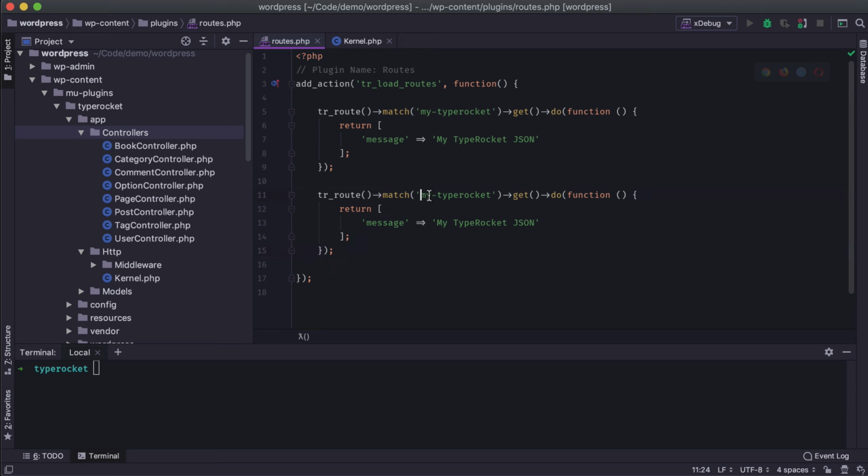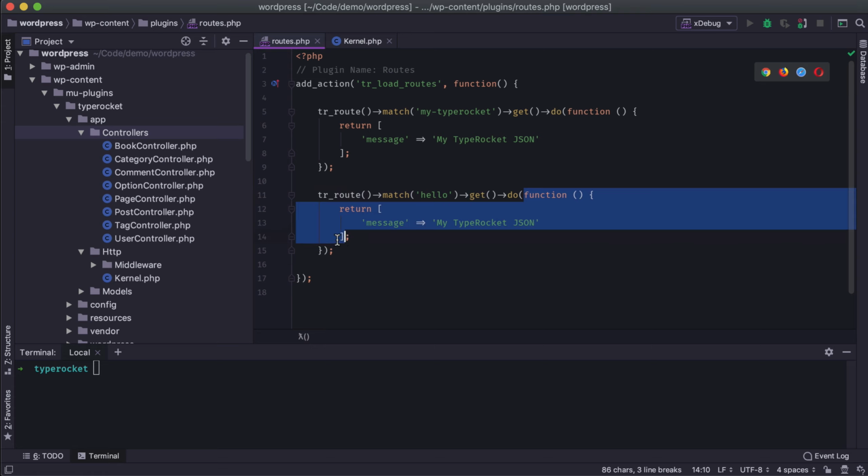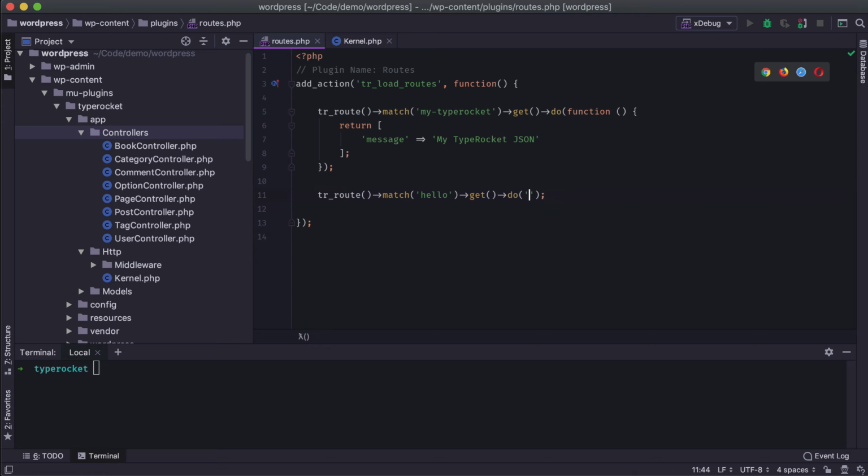So we'll go ahead and do this, and we're going to call the URL or path for this hello. That's going to match our URL for us. It's going to respond to a GET request, and then we're going to pass in a quick route definition. The way this works is through connecting to controllers. So before we can fill out our specific quick route definition, which is just a string, we need to create